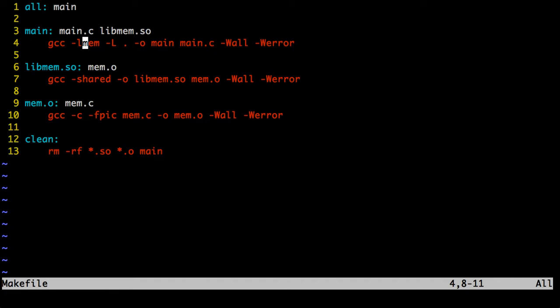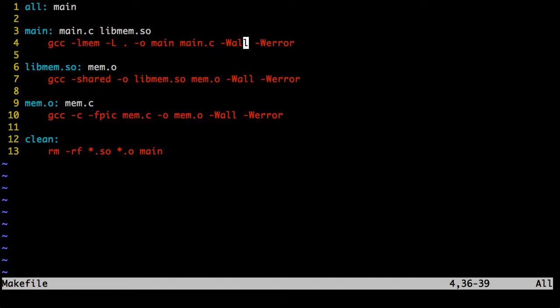Here we have libmem.so, so we're going to say -lmem. The capital -L tells us that you should find the .so file in the current directory. It's the path to the library. And then the output of this is going to be main, and the file is main.c, and then the usual stuff.